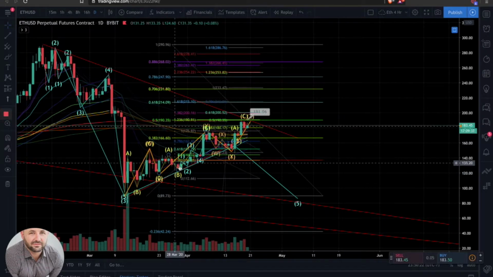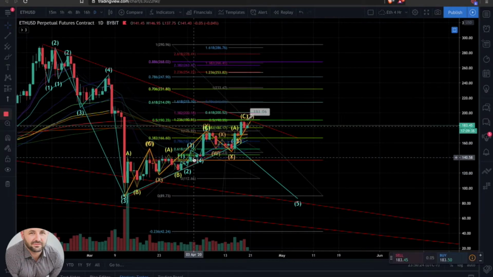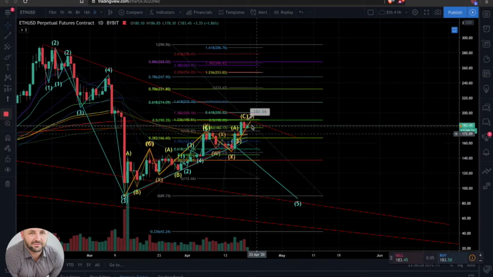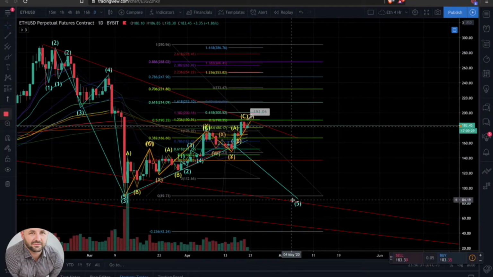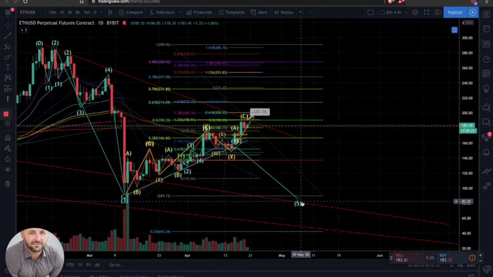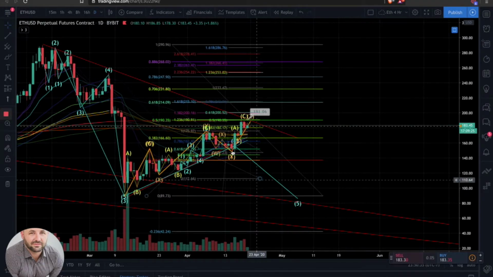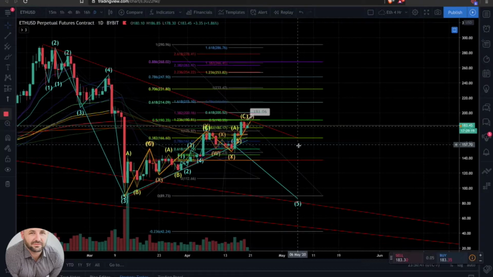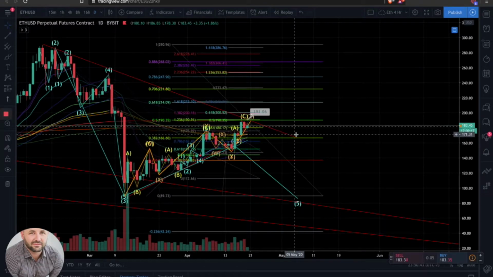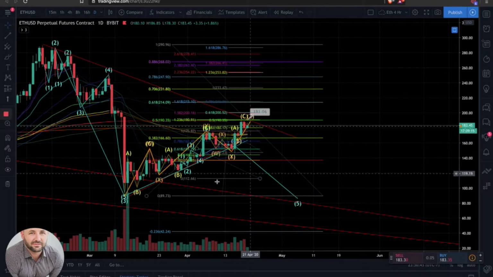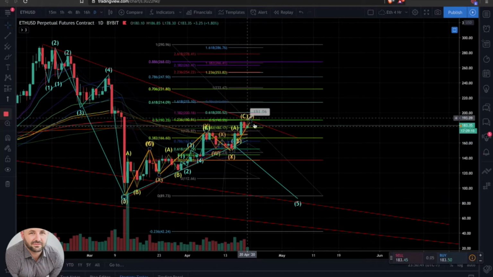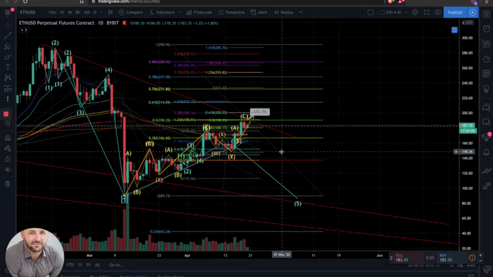So in my eyes, ultimately it needs to come back down and reset. So I am looking for another fifth wave down, come back down, possibly test the trend line, double bottom, maybe a smidge lower. We'll pay attention to some targets as we look to further downside if we do start to move in that direction, because the wave structure will tell us some idea of roughly where we can expect to go. But I am looking at this as a WXYXZ based upon our current movements that we've had over the